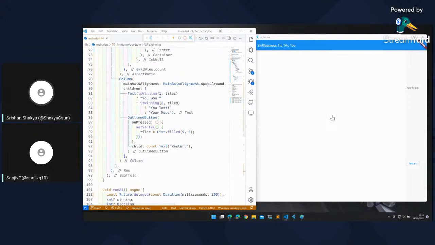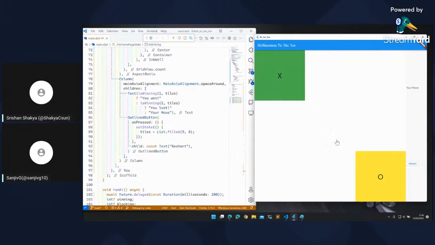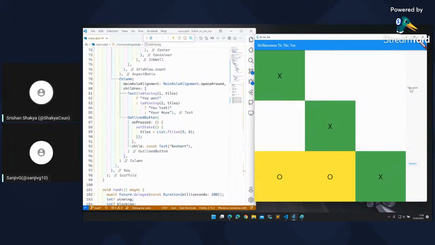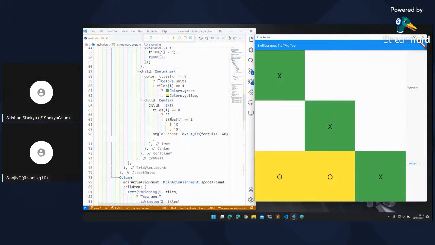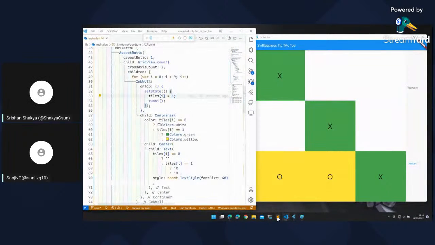So the tic-tac-toe game is almost complete, but it does have a few bugs. As I say, the first one is, of course, you can always override this bot's position. If we click here, then we have already won. We shouldn't be able to just take over someone else's box in tic-tac-toe. Okay, so let's fix that first.